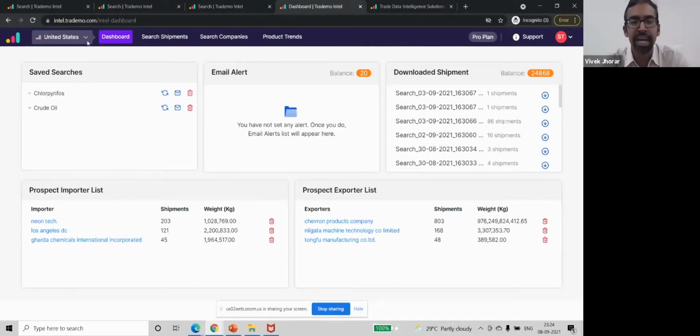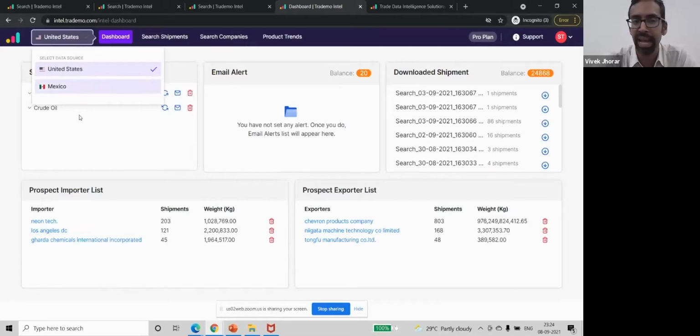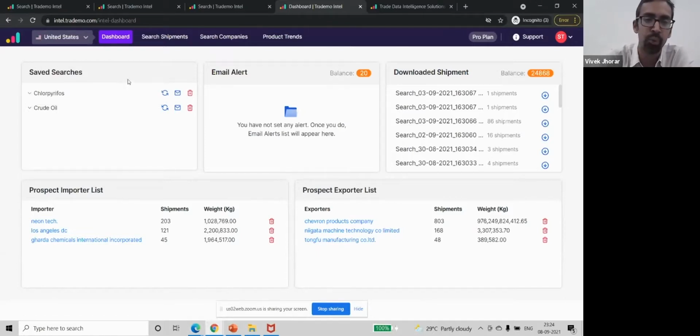Like Shalabh said, the data which we have comes from this. We've already made live the United States, Mexico version. In the next few weeks, we will start seeing Latin America, North America plans. We will start seeing how to use 7 countries' data straight away for taking decisions. But as Shalabh rightly pointed out, 35% of the shipments are available in this tool, which will give you almost all the actionable information that you need as an importer, as an exporter, as a supplier, as a banker, as a consultant.